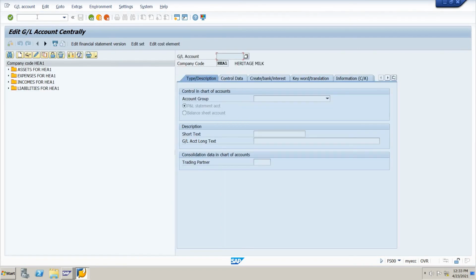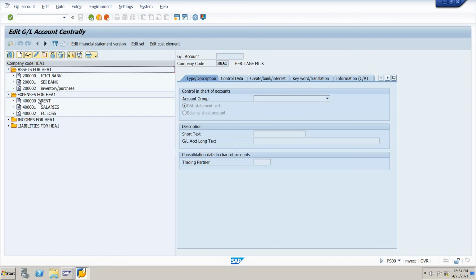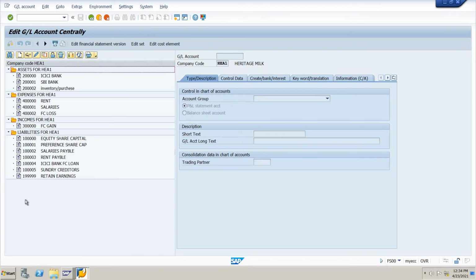Now I am using the transaction code, right? So this is the tree. So assets, we can see all things in a tree. Go to the assets. How many GL accounts are we maintaining in the assets group? How many expenses accounts in the expenses groups, and how many accounts created in the income groups, and how many in the liability groups, how many accounts we have created.